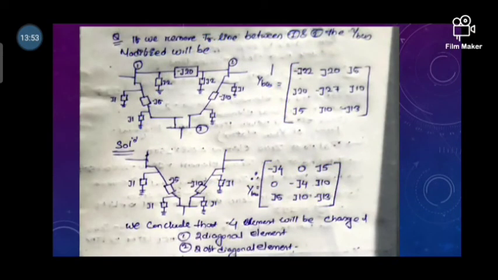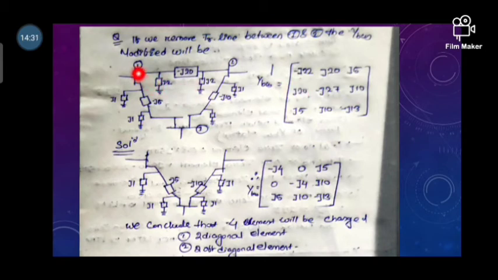So it is finished. So let's see question number 3. In question number 3, it is given that if we remove the transmission line between bus 1 and 2, the modified Y bus will be, means it is asking about the modified Y bus network. So Y bus network is already given for that transmission line. So it is asking what is the modification of that Y bus matrix if one transmission line, that is between bus number 1 and 2, is removed.